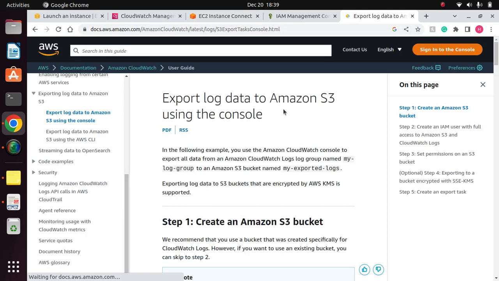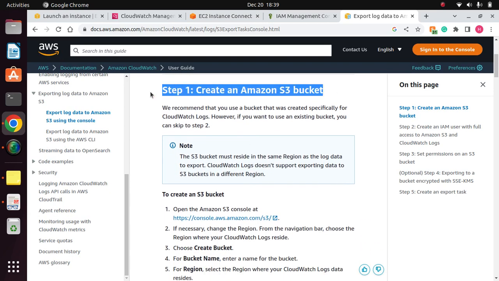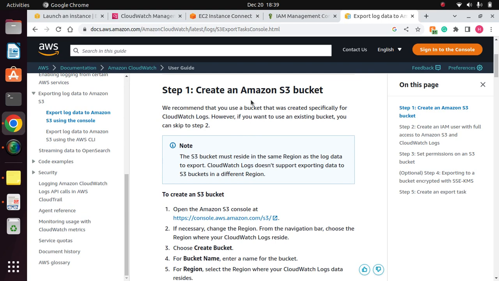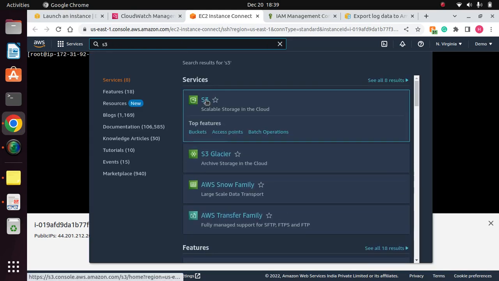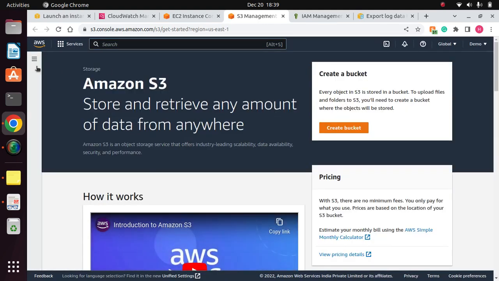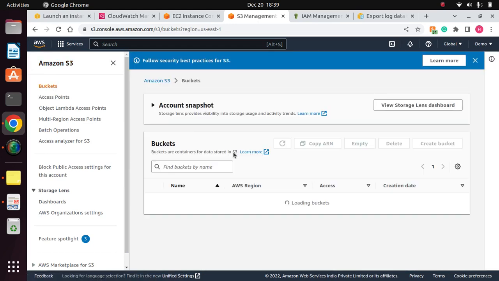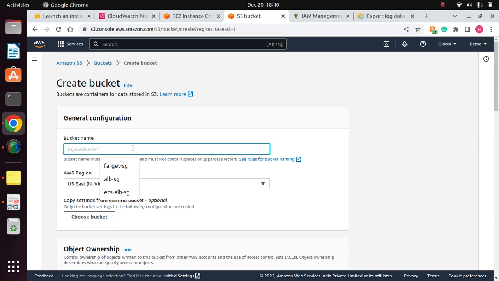I will get the documentation here. So this is the first step, that create an Amazon S3 bucket. So okay, let me go here and create Amazon S3 bucket. So right now I'm going to S3 console, and here I need to check if I have any bucket. So I don't think there is any bucket available. So let me create a bucket, giving the name export